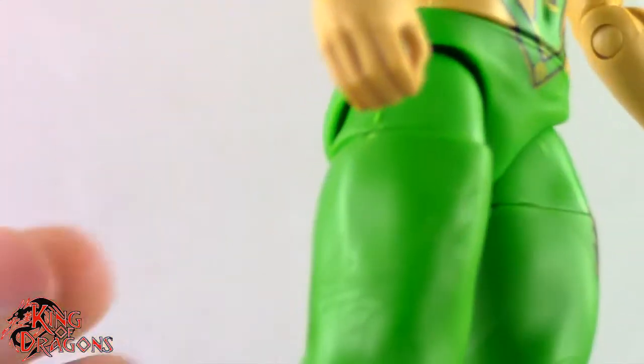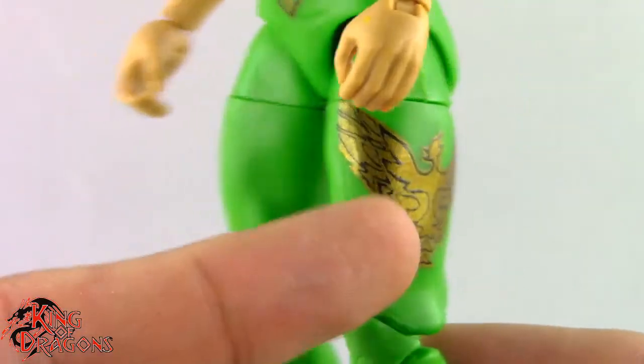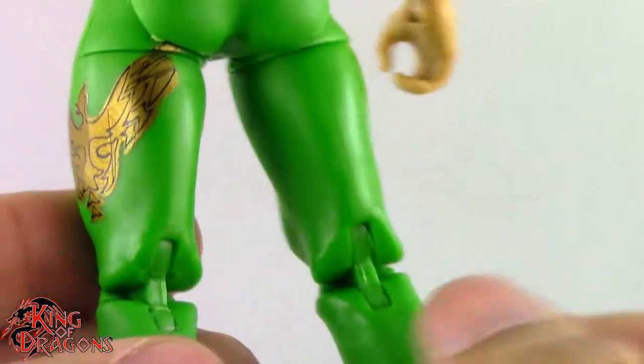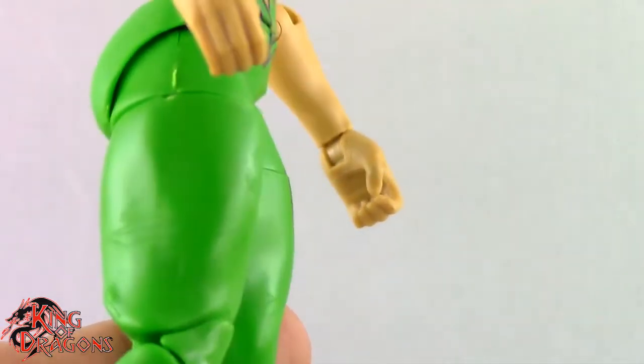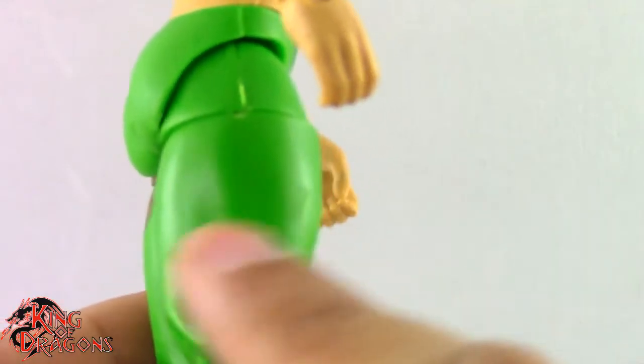Correct me if I'm wrong, did she not have another Phoenix on this side? I feel like this leg is kind of plain. There's no logo on it, no nothing. On this side we do have the Phoenix, which looks really nice. I do like the gold on it. But then on this side we get nothing. Was her ring tights really like that? I want to say they were, but there's some strange Mandela effect saying she needs to have another